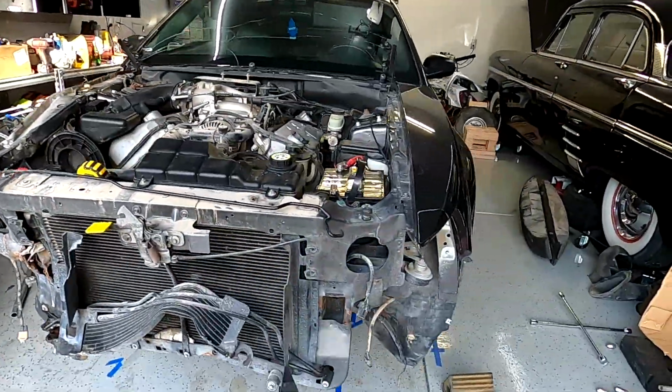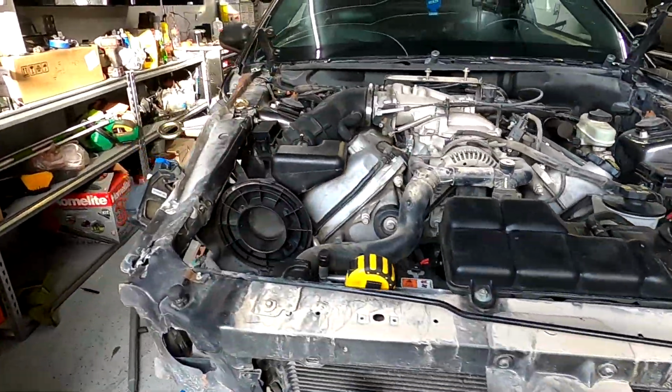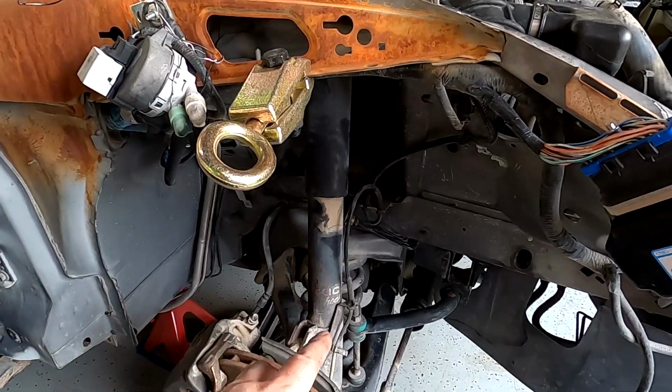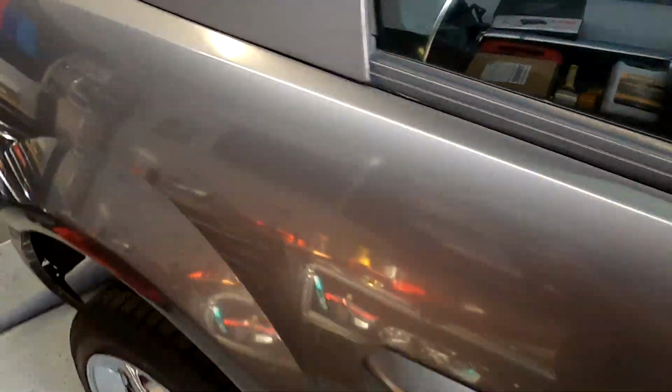All right, I got the Mach on the same spots, same everything. Measured it out. This side is an inch off. It's up about 3/8 inch. And one more thing,